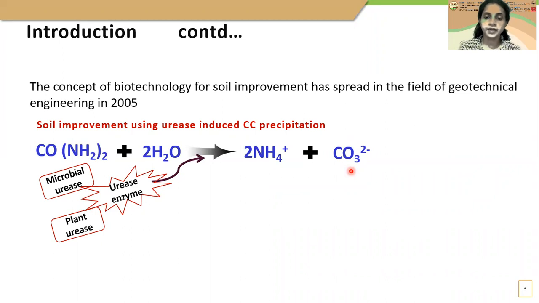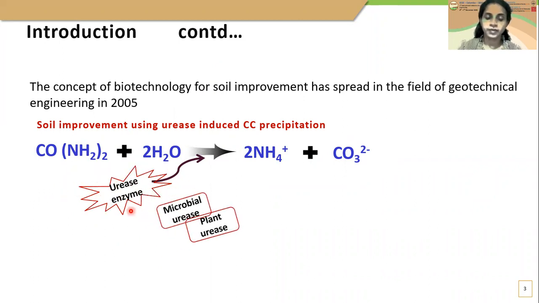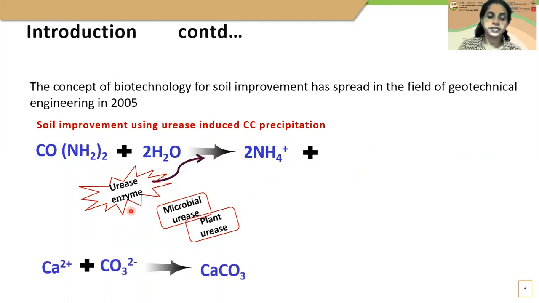I will explain how calcium carbonate precipitates using urea and urease. This reaction is the urea hydrolysis reaction, and it results in ammonium and carbonate. This reaction is catalyzed by the urease enzyme. This enzyme may be from plant urease or from microbial urease. Then, when calcium ions are present in the system, the carbonate reacts with the calcium ion and